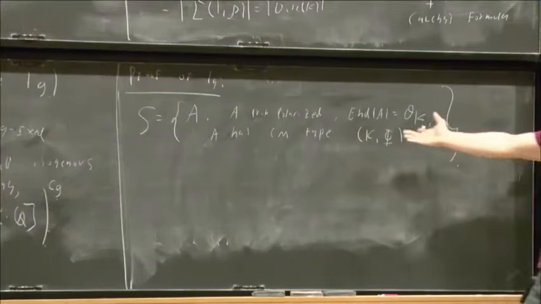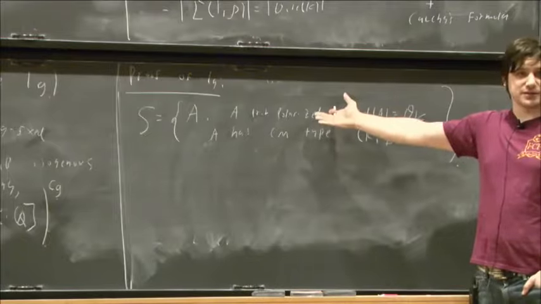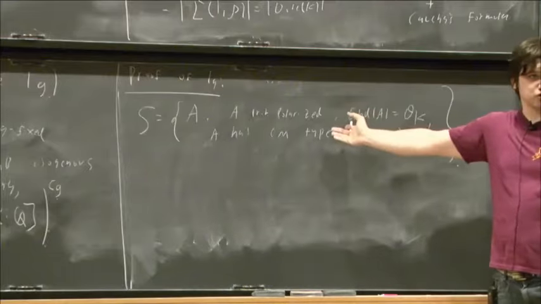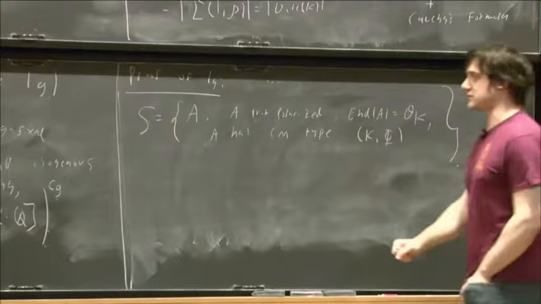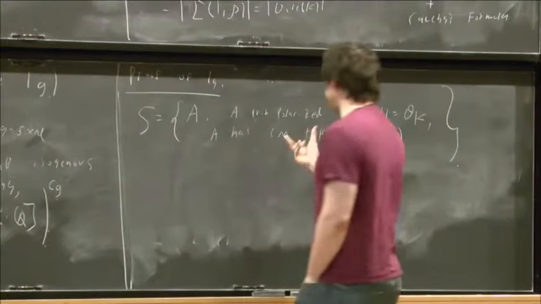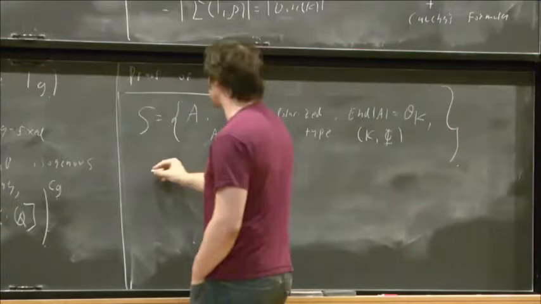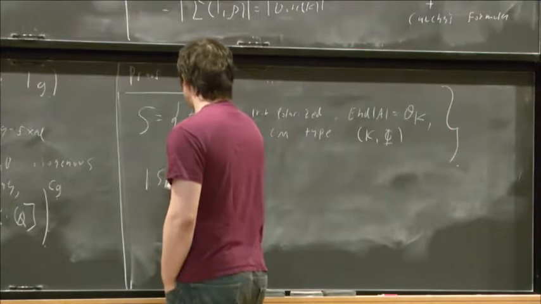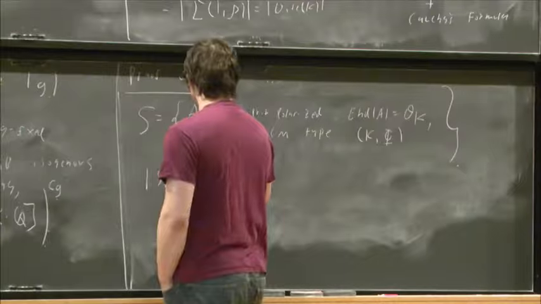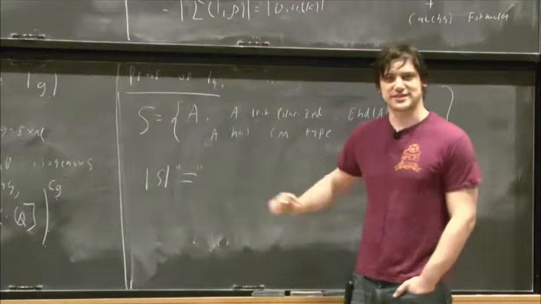Now, in the case of elliptic curves, these form a single Galois orbit. In general, that's very much not true. They can split up into lots of Galois orbits. And even though the size of the Galois orbits we're trying to get at, and that's kind of subtle, the size of S is actually pretty straightforward. So this is up to constants. Let me put it in quotes. I'm not quite sure what the constants are.